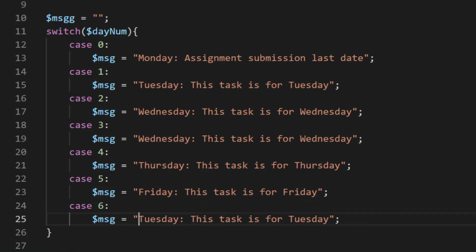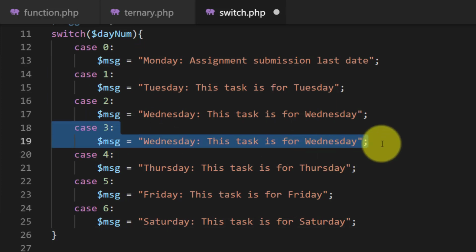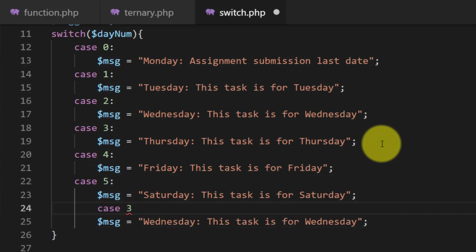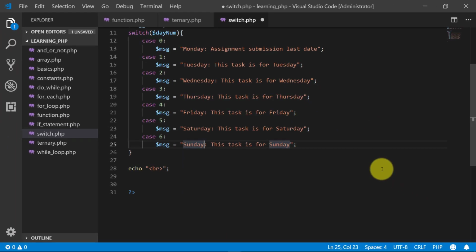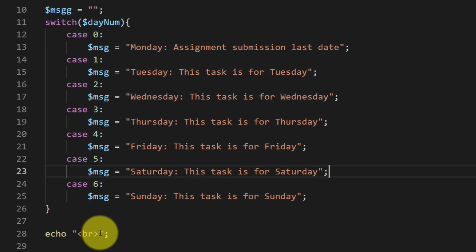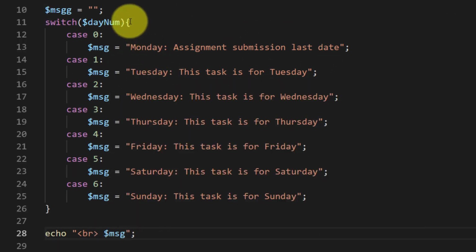The switch case statement tests a variable against a series of values until it finds a match, and then executes the block of code corresponding to that match. So here is our switch, and we will print the message at the end, and here I can see that the message variable is,